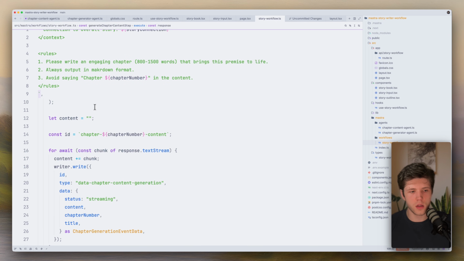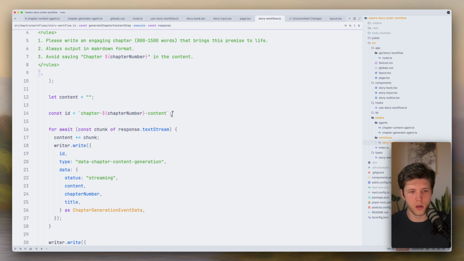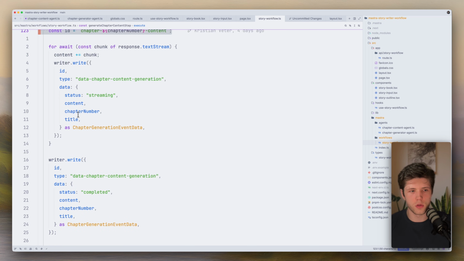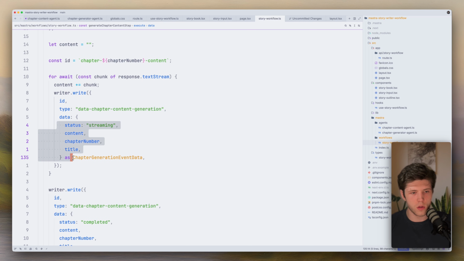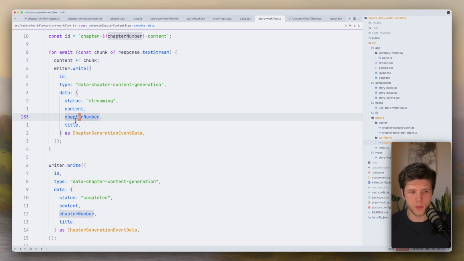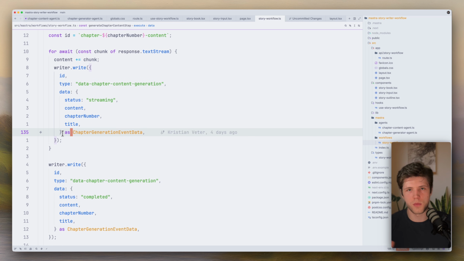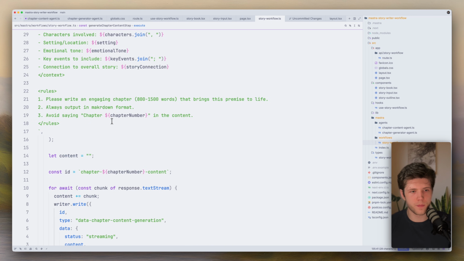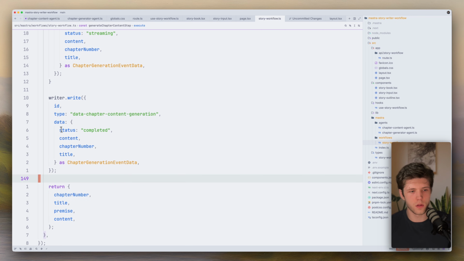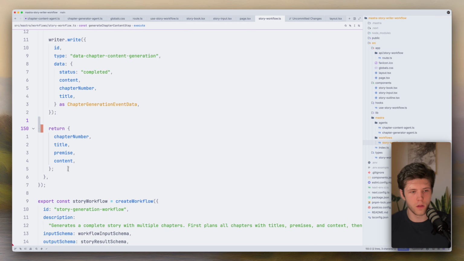And what we're doing after that is, again, we're defining the ID, which is important for it to be unique. And we're passing the same thing. We're defining our writer. Now it's data chapter content generation. And we're defining data with the same status, streaming, content, chapter number, title. And here again, I'm doing "as" and defining my type here. After that, once the loop is completed, we're doing writer write and defining the status completed and returning it to